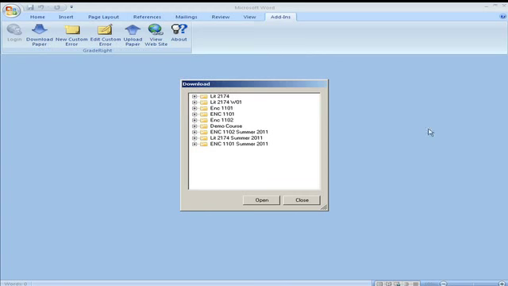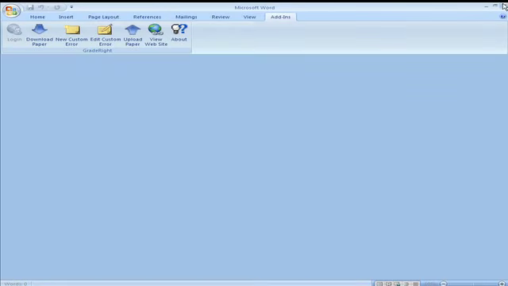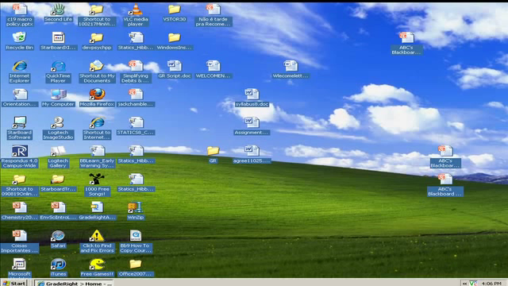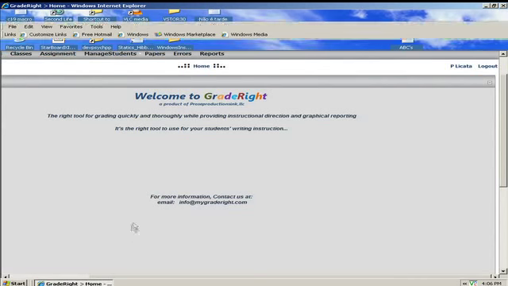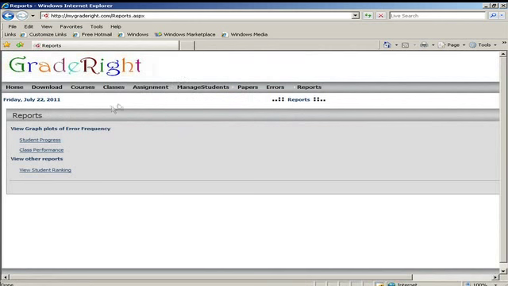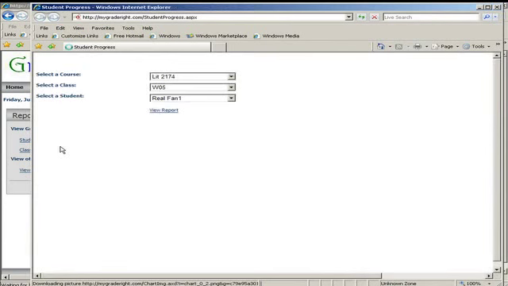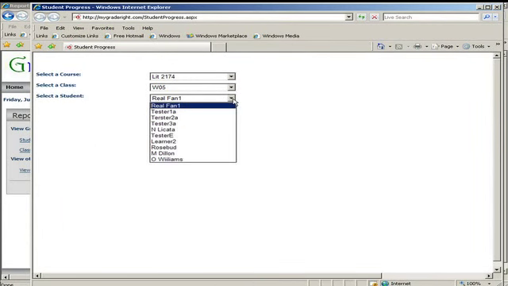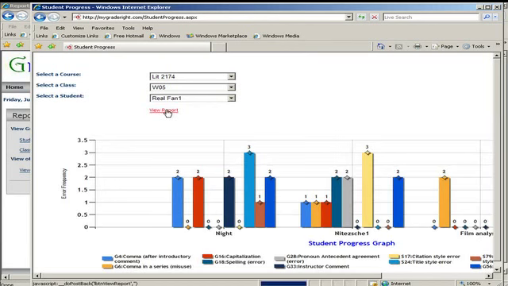Even while this is all going on, GradeWrite is doing even more. For instance, if we are returning to the site itself, we'll notice after we've logged on that at the top there's a Reports tab. And in this Reports tab, we can collect some fairly interesting visual information. We can go to Student Progress, pick our student, view the report,